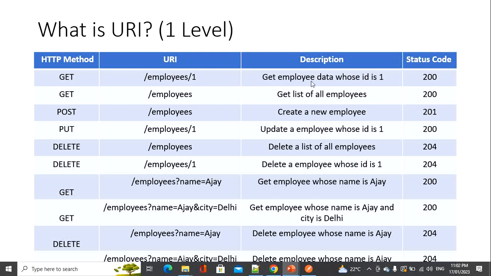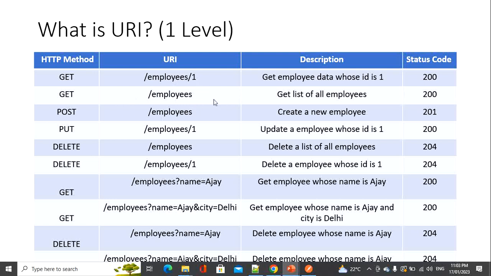Then it will return the response. Status codes are very important here, and we need to be very cautious about them. It will return the status code as 200. Now similarly, if you form the endpoint slash employees, where there is no slash one,